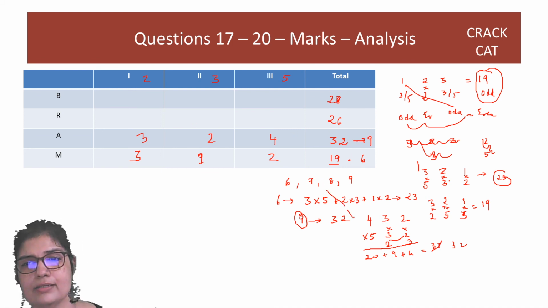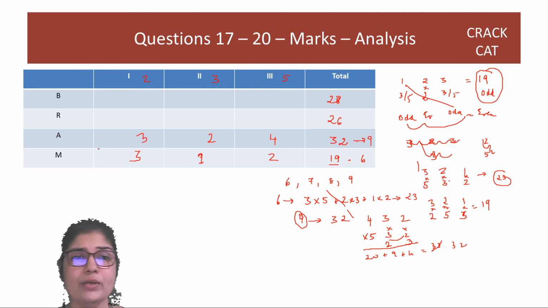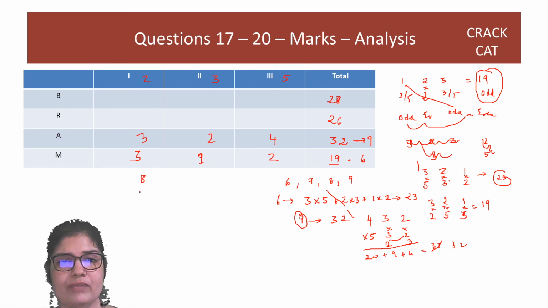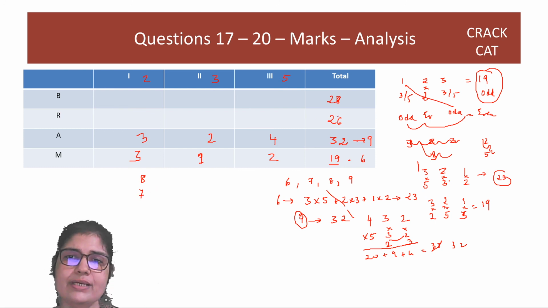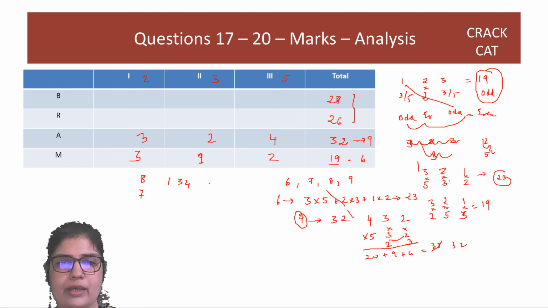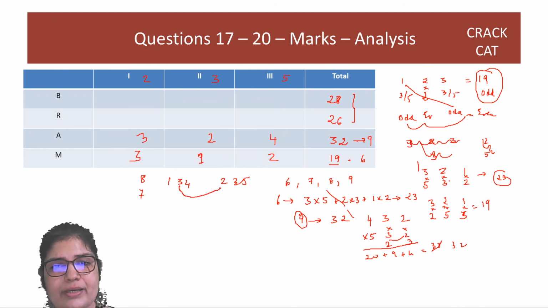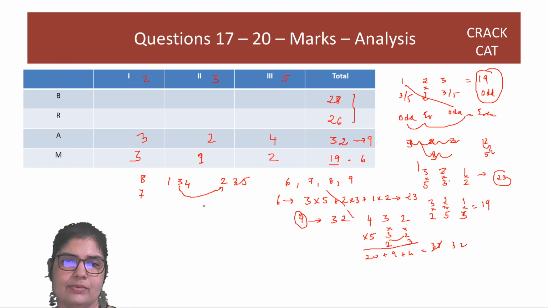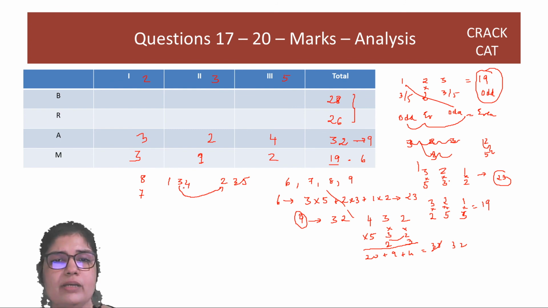Okay, great. Now, how can we get 8 questions and how can we get 7 questions? Now you see guys that the sum here is always even. 28 and 26, both sums are even. So I can get 28 as 1, 3 and 4. Okay, and if we see that the marks are 2, 3 and 5 and I want the sum to be even, then the 3 has to go with the even number. The 3 cannot go with the odd number. If the 3 goes with the odd number, then for the remaining 2 you will have a problem.